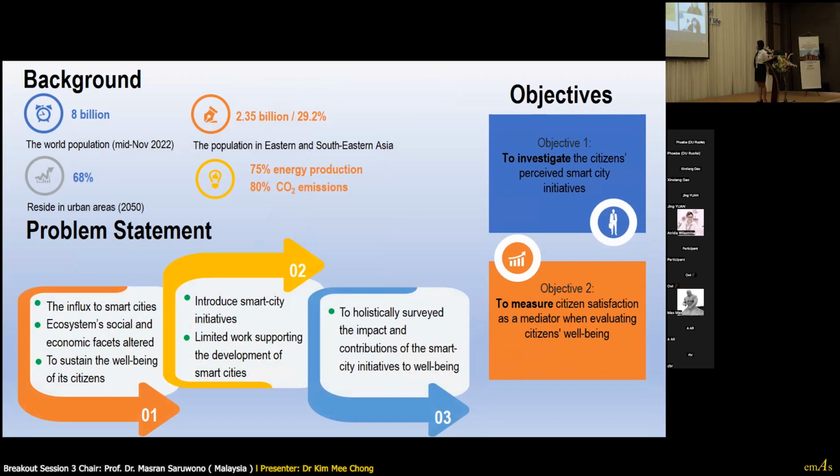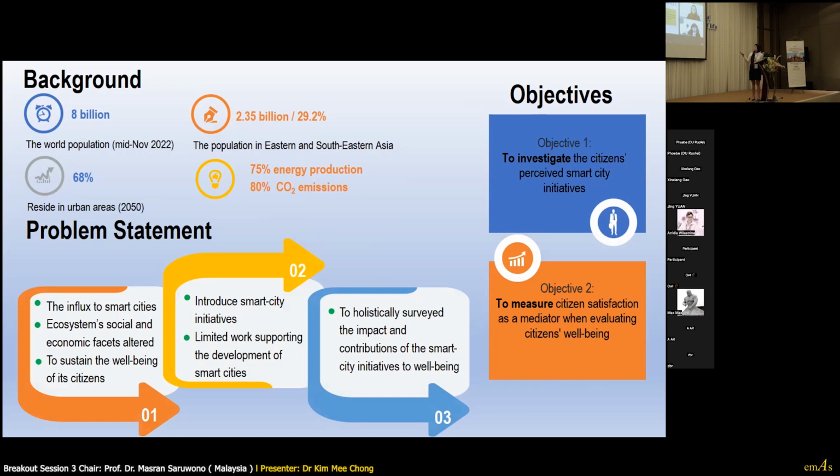The world population has continuously grown in urban and rural areas, totaling 8 billion by mid-November 2022. This year, the population in Eastern and Southeastern Asia is expected to be the highest percentage among all regions, with 2.35 billion or 29.2% of the world population.